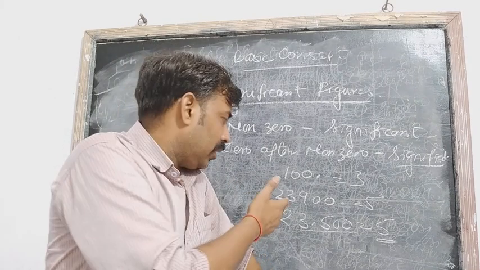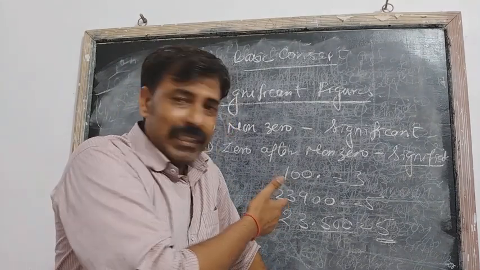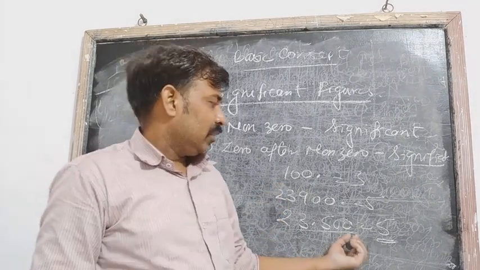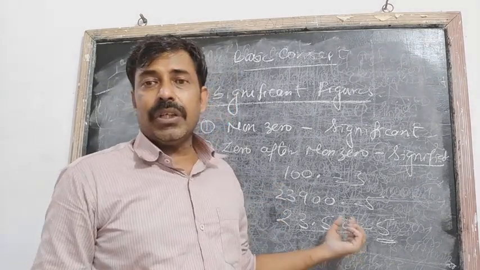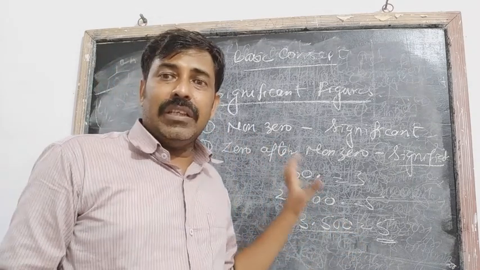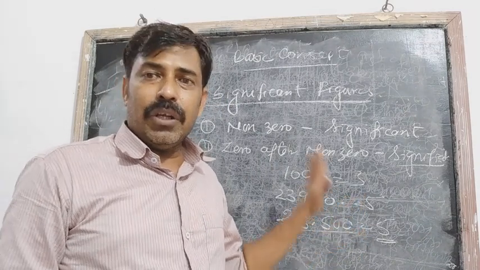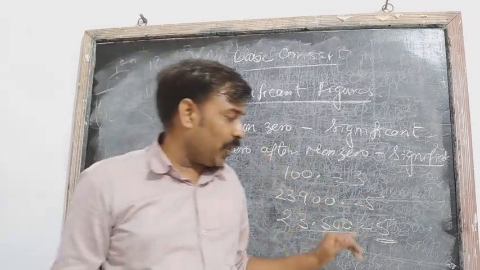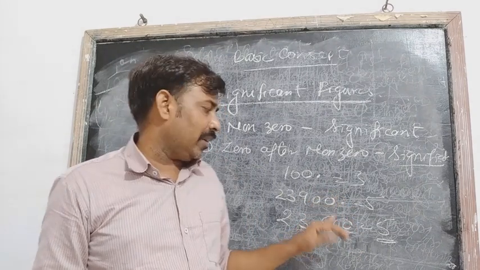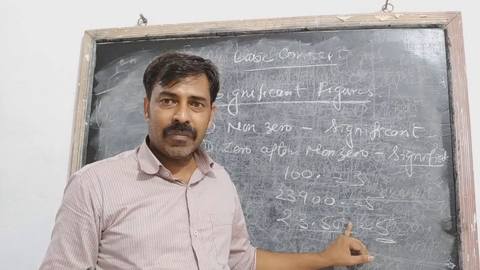This is the milli, centi and deci. That means your system is capable of measuring up to the millimeters. That means your equipment is efficient to measure the value up to the millimeter. If your equipment was capable of measuring only up to the centimeter, then this many zeros cannot be written.